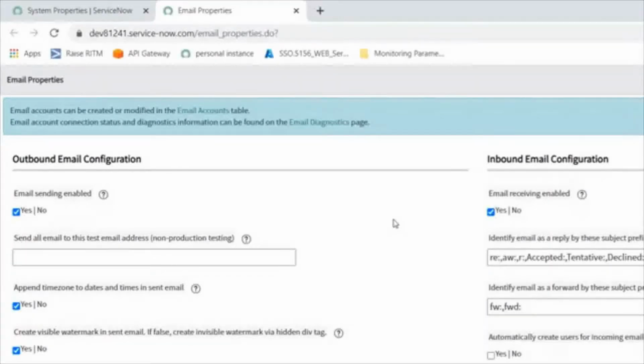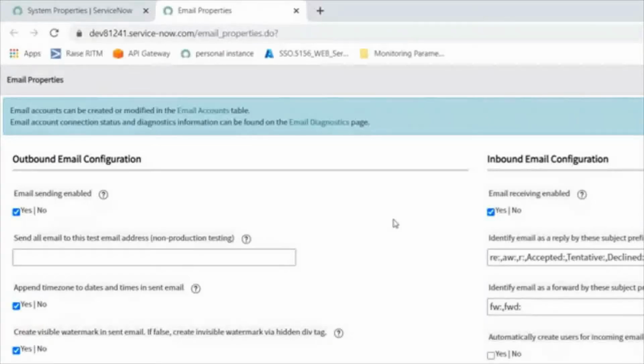Please note this point. Whenever we send a message from the ServiceNow instance to another party tool, that is called outbound, and whenever we receive messages into the ServiceNow instance, that is called inbound. For example, if from my Gmail I send a mail to my instance, that is inbound, and from my Outlook a message to my ServiceNow instance is also inbound.